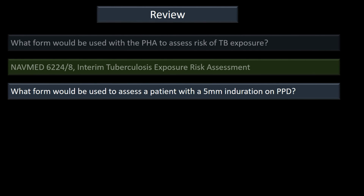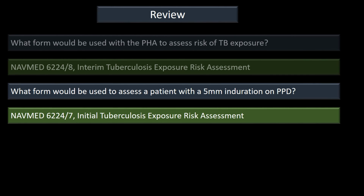What form would be used to assess a patient with a 5 millimeter induration on their tuberculin skin test? 5 millimeters of induration on the PPD. We will use the NAVMED 6224/7, the Initial Tuberculosis Exposure Risk Assessment, right? We're going to get a good history, see if this is a high, medium, or low risk patient, and based